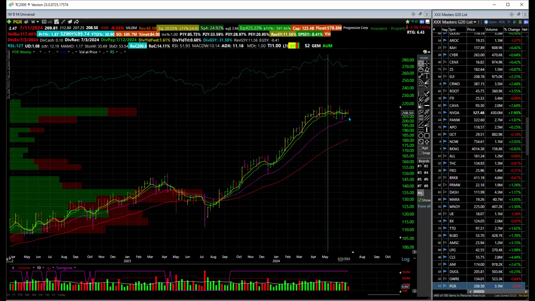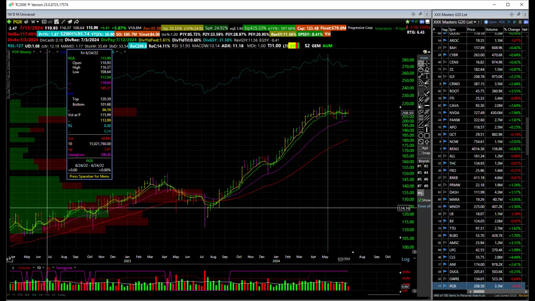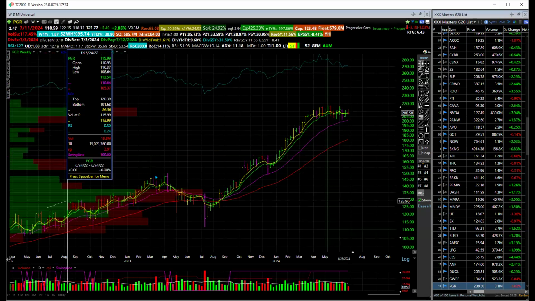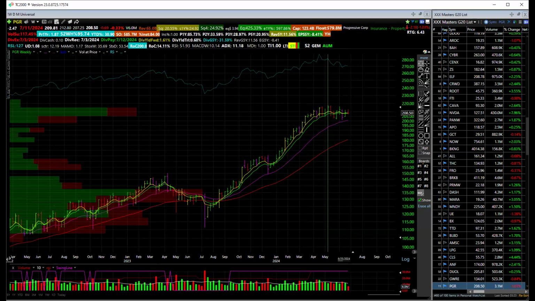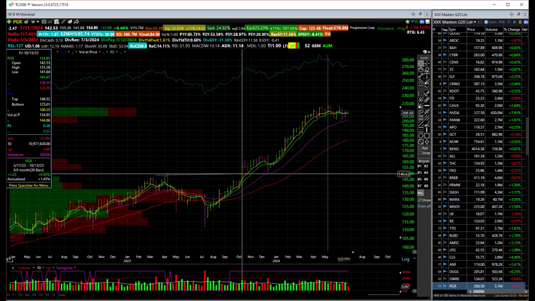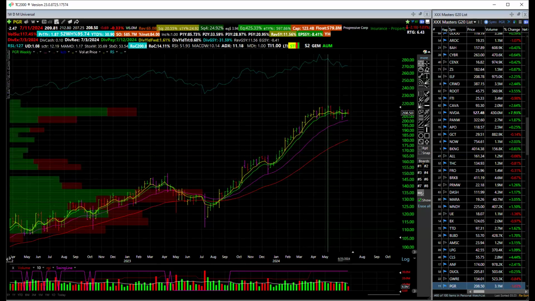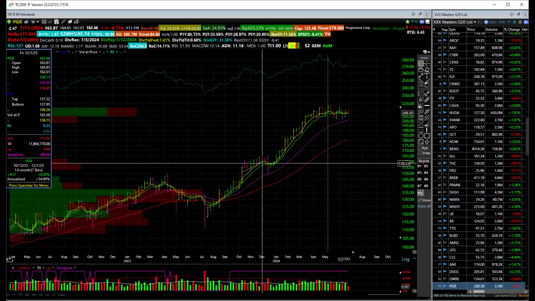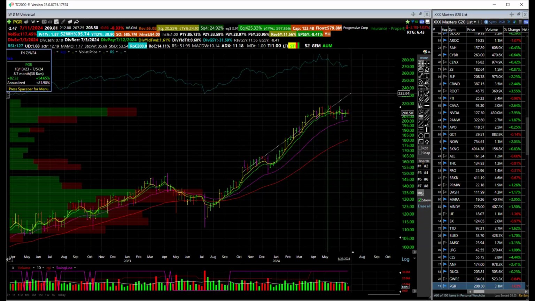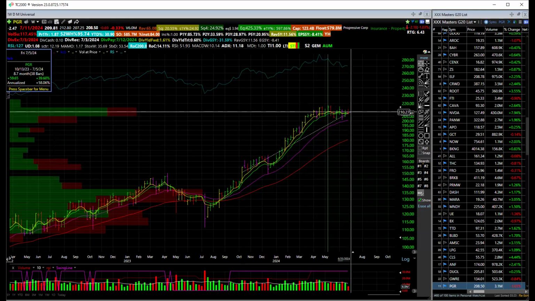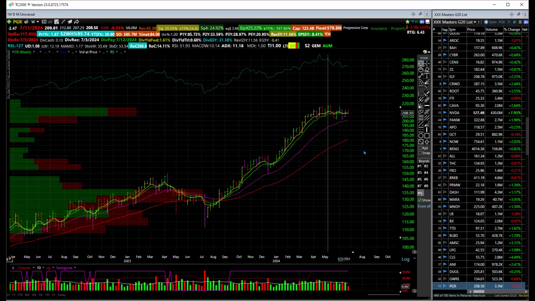Progressive, which is a big stock. And we can see it was in a nice uptrend. Had quite a lengthy base, big old breakout over here. And approximately from that breakout, the stock is up as of the close today about 38%. So definitely lots of opportunities, lots of stocks.